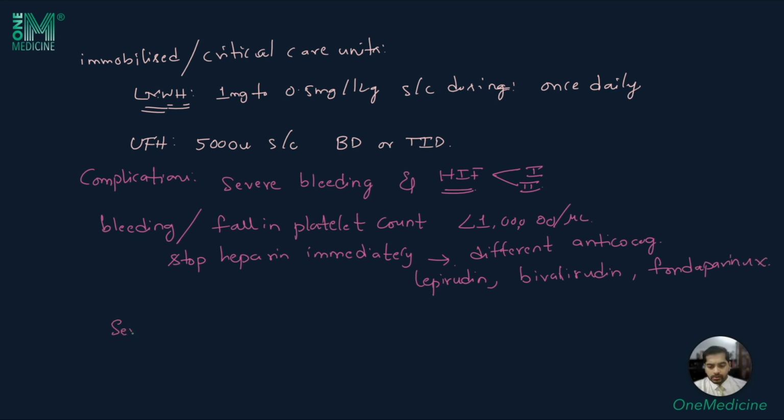In cases with severe bleeding, protamine can be used to neutralize the effect of heparin. The dosing of protamine is 1 mg for every 100 units of heparin given. The next anticoagulant that we'll be looking at is warfarin,